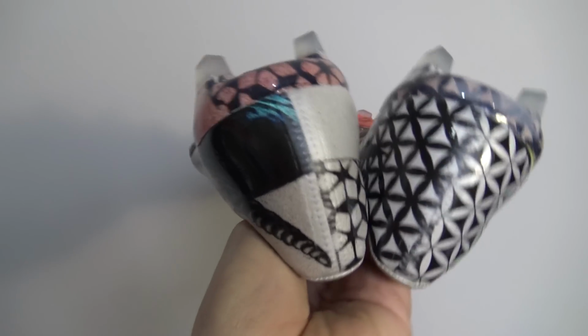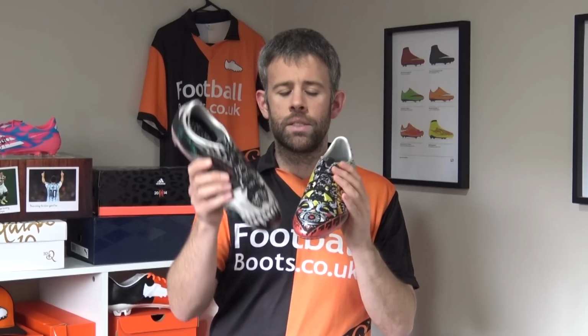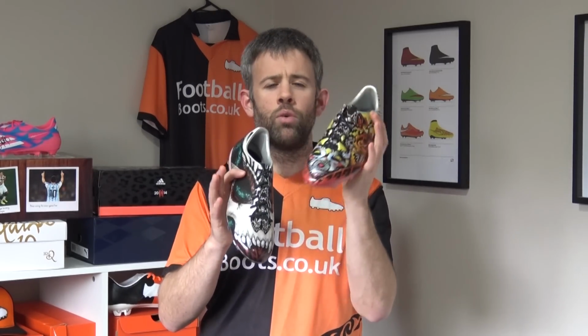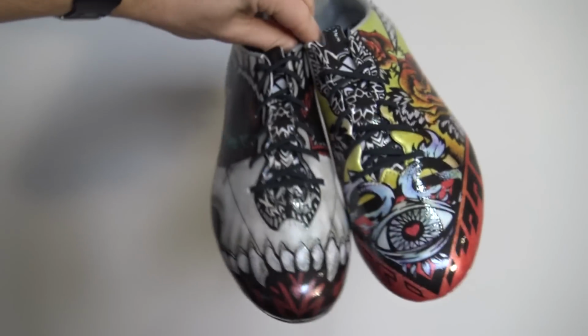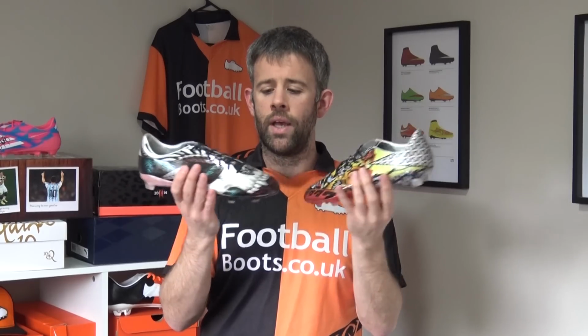So the differences between the two boots, they got this graphic on top of the F50. On this one it has kind of a menacing skull design, and that's the hate inspired ones. And then on this one, I think it's a rose and a lot more vibrant colours for the love ones. So people either love or hate your game, and Suarez was just the ideal guy to be